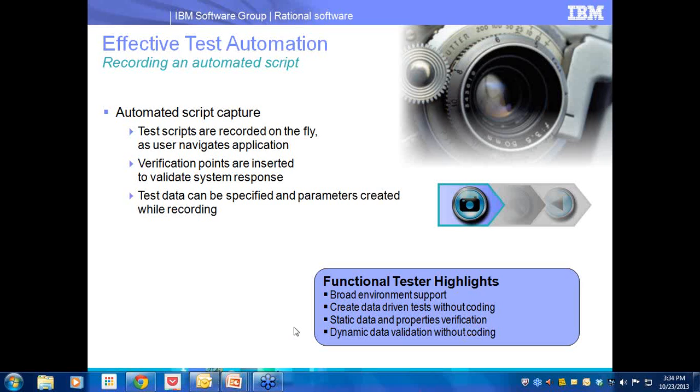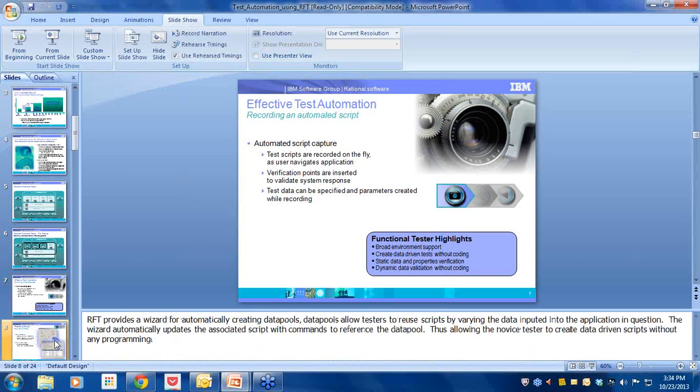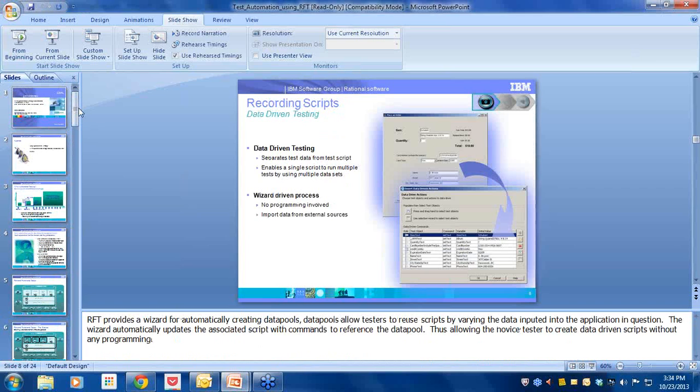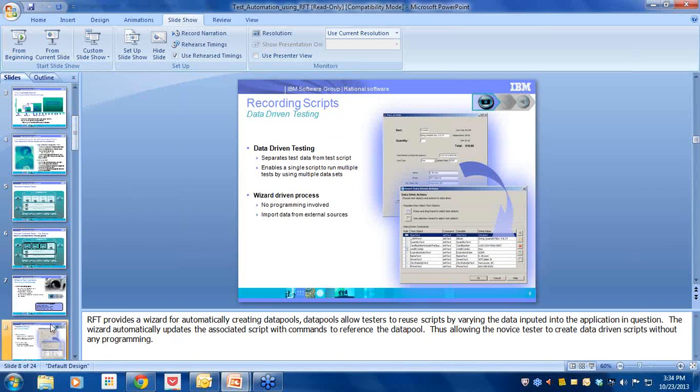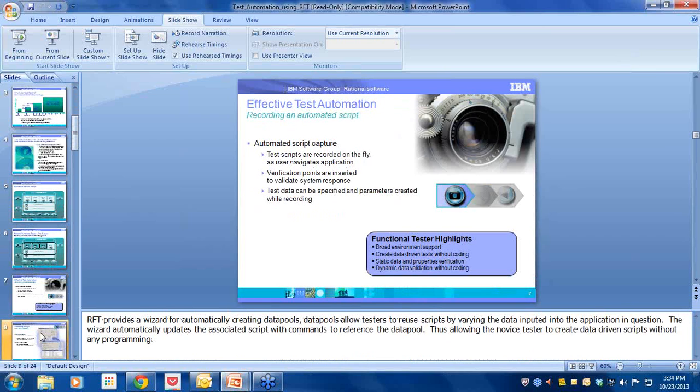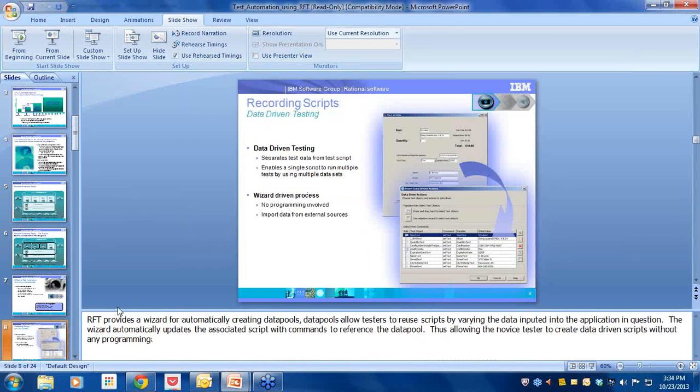So what is the advantage you're getting here? You can save a lot of time, as you do not have to do manual enhancement on the scripts or manual coding in order to integrate your test data with the test script, right? Okay, so moving on to slide number 8 now, which talks about